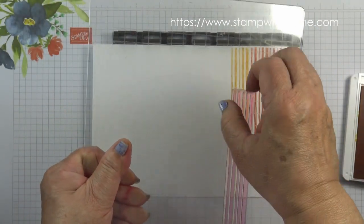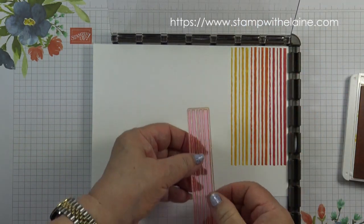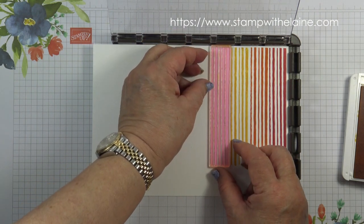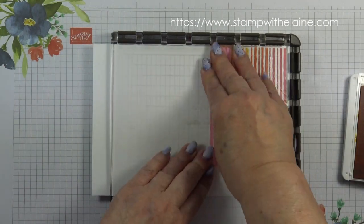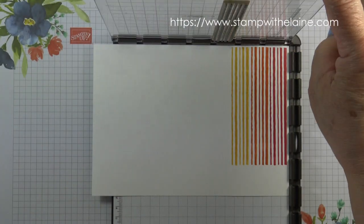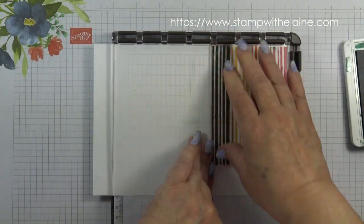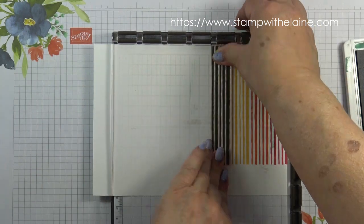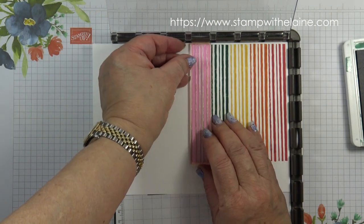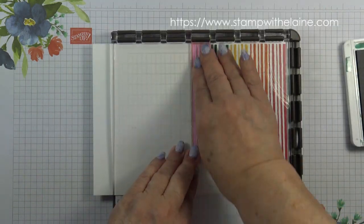So clean the stamp, reinsert it into the hinge and move the stamp to set it up for the next colour. Pick up the stamp, reinsert the hinge right into the corner there, so you're actually moving the stamp and not your hinge. Reinsert your plate, position the stamp alongside your previously stamped image, pick up stamp,